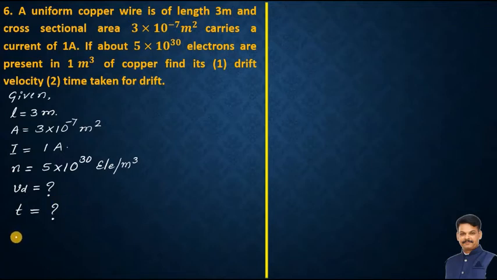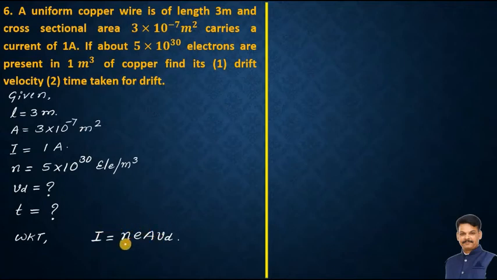Okay, now we know one very well-known formula, and even we have derived it during the theoretical class. See, that is I is equal to N into E A into Vd. Okay, so that is the formula related to the current flowing through the conductor. Whenever any EMF or potential difference is connected across any conductor, then the strength of the current can be calculated using this formula. And here we come to know that the current depends upon the drift velocity.